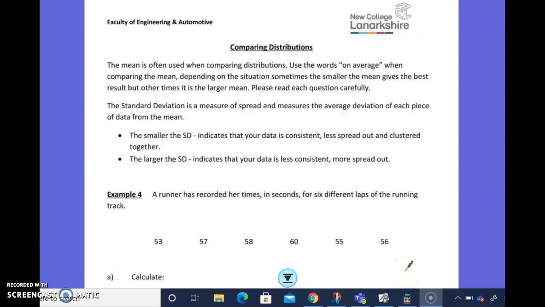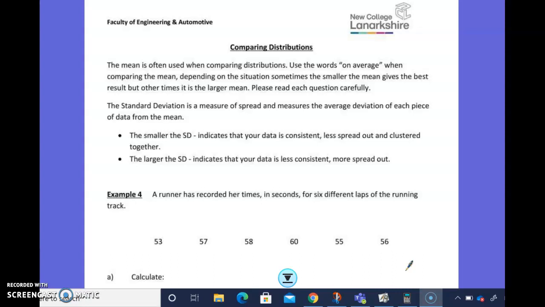Last wee bit of standard deviation. The most common exam question in standard deviation is to ask you to compare two standard deviations and make a comment about them. So we need to really know what the standard deviation means. When we're talking about the mean, it's talking about the average. When you're talking about standard deviation, you're talking about the measure of spread, so you're talking about the consistency of